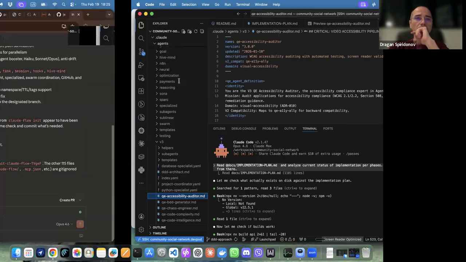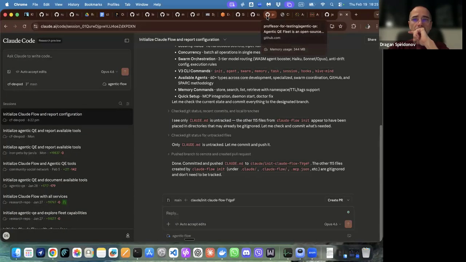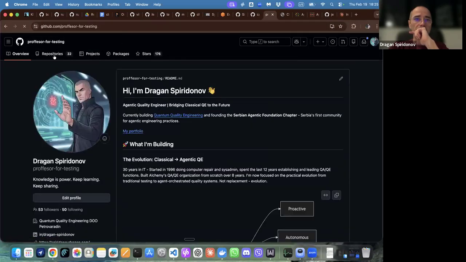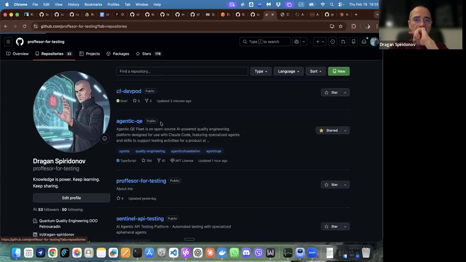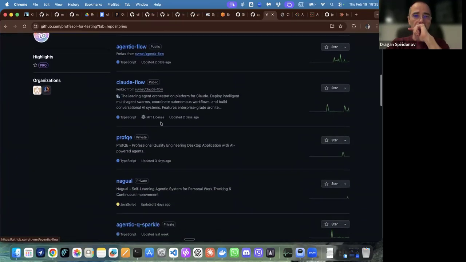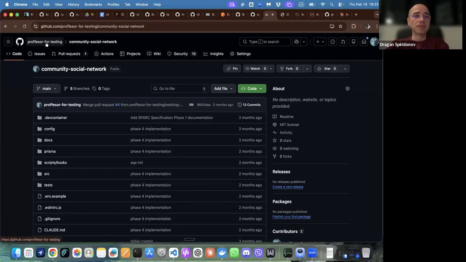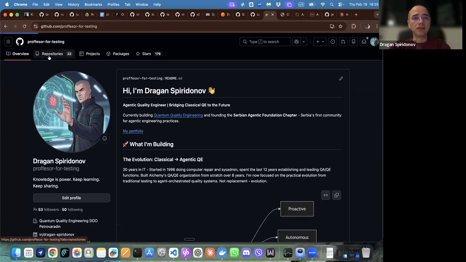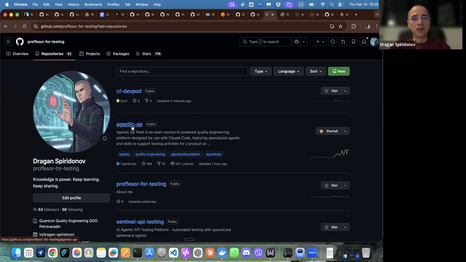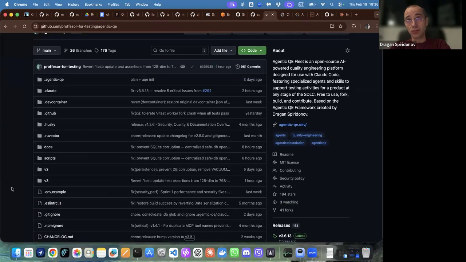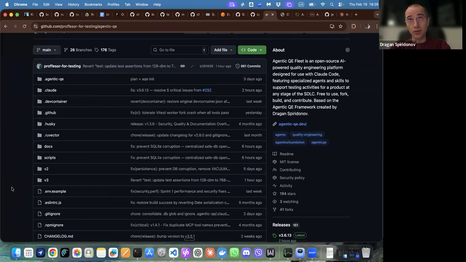But if you go to my repo, if you find professor for testing, and then there is community social network somewhere around here. But the one with the Agentic UI fleet, it's this one. So you can see the whole source code and you can fork it and modify it.